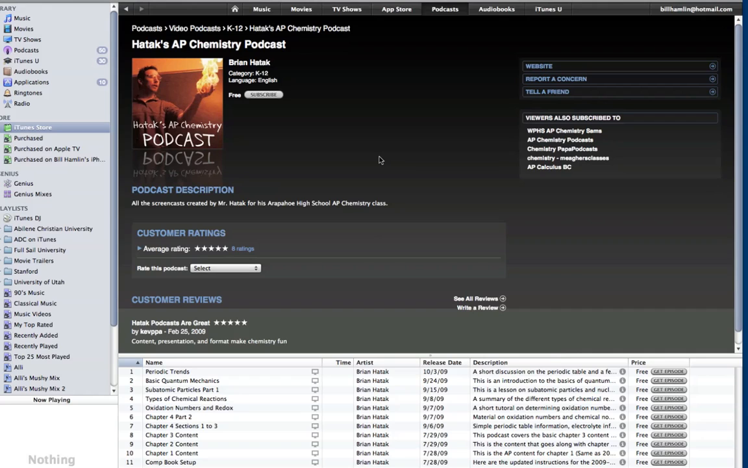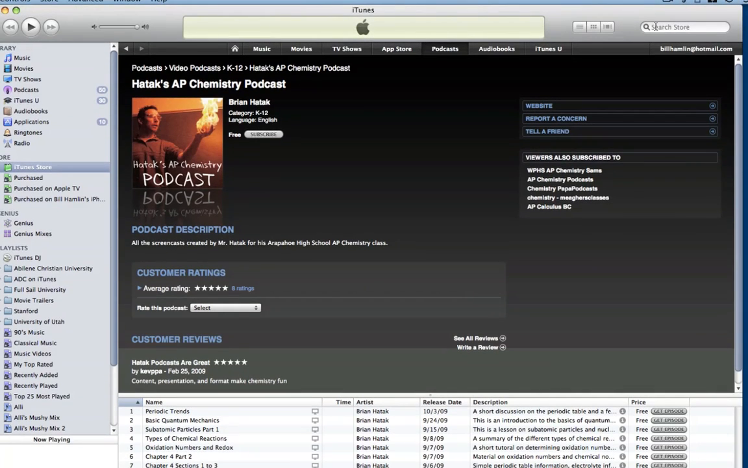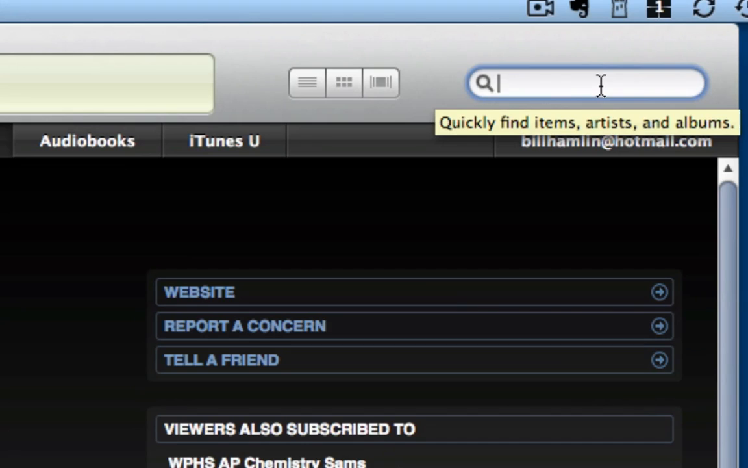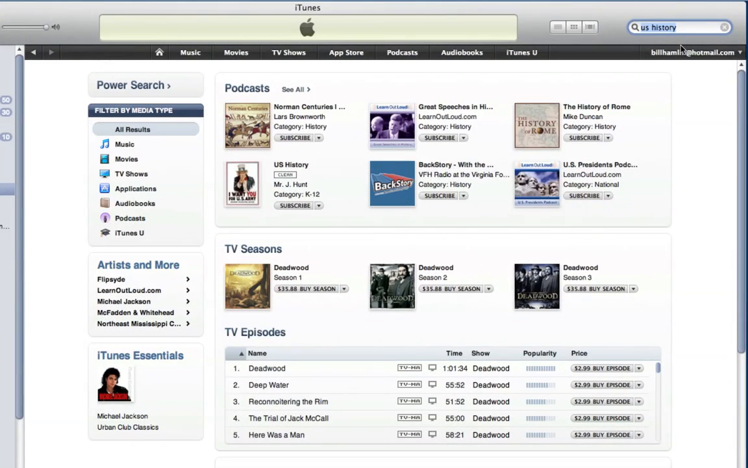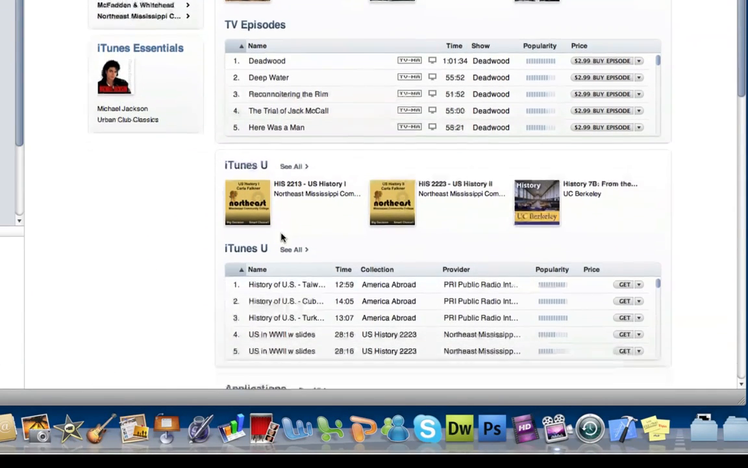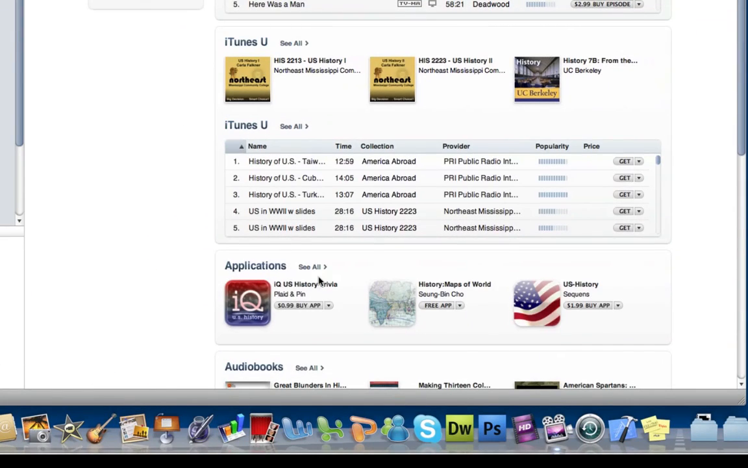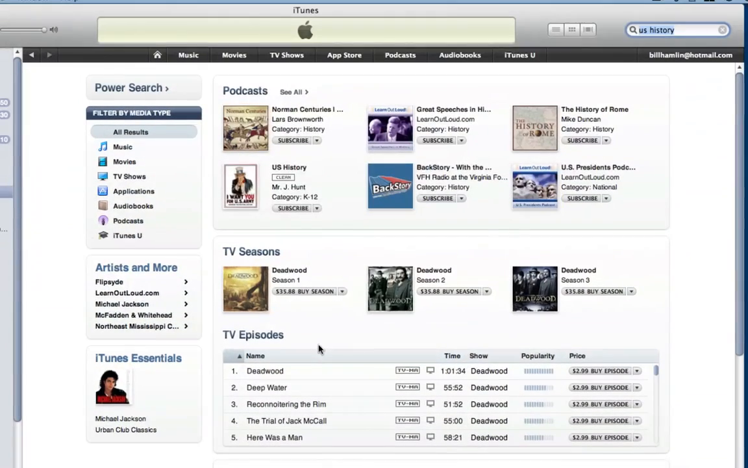Another way to find a podcast you're looking for is to just search for it in the store. Up here at the top right we have a search field, and if we type in just a topic or a subject, maybe we're looking for U.S. history, it's going to search the entire iTunes store, and it will give you content under the different categories. So we have our podcasts up here at the top, but we also have some TV shows, some iTunes U content, some applications, and so on, all related to U.S. history. So if we click on one of these podcasts,